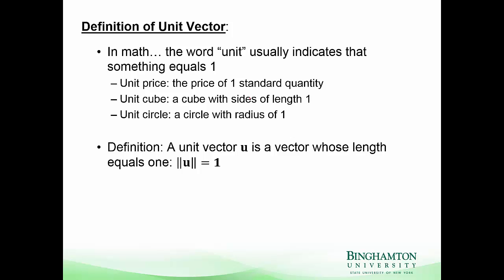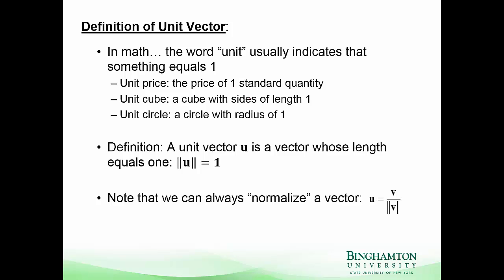So there's not just one unit vector. There's infinitely many unit vectors. You give me a vector v, and I can always create a unit vector associated with it by taking v and dividing it by its norm. We can now use the properties of norm to show that if I take the norm of u, I'm going to take,